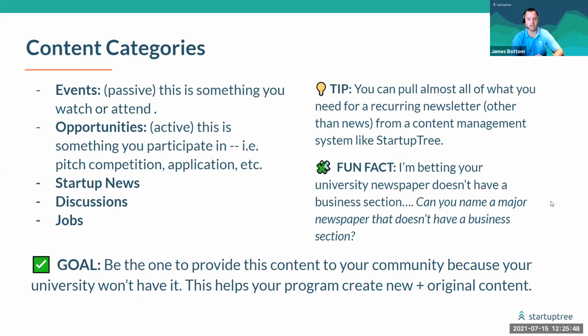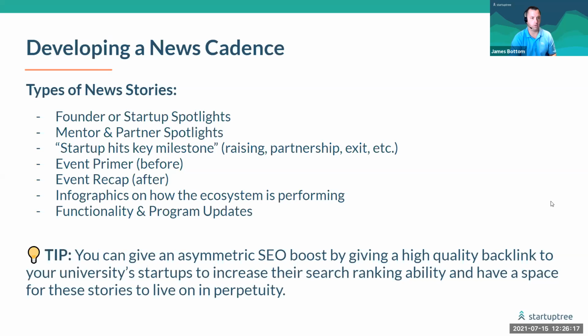I would suggest the frequency in which you push a newsletter should be directly proportional to the types and how good your content is, or how well your content is performing after you review the metrics. So if you're doing a good job of pulling content from partners, if you're starting to do a bunch of events yourself, increase the distribution frequency of your newsletter, and that's going to help you along the way.